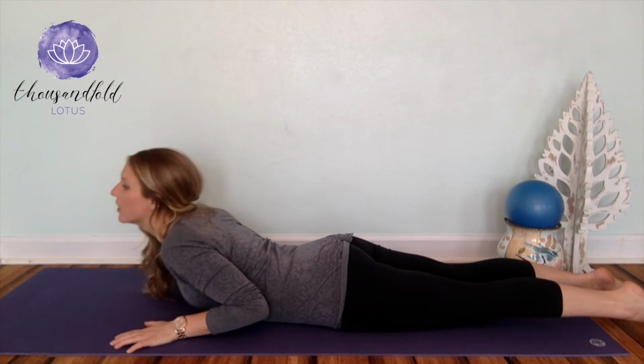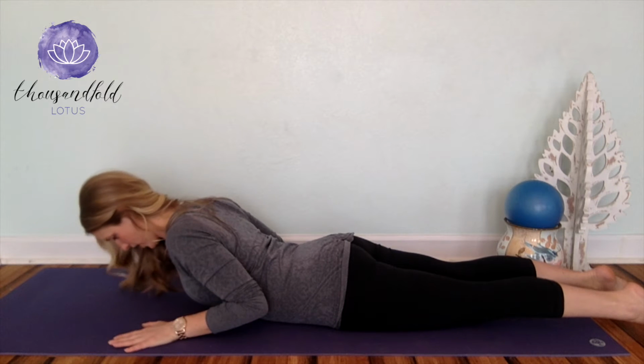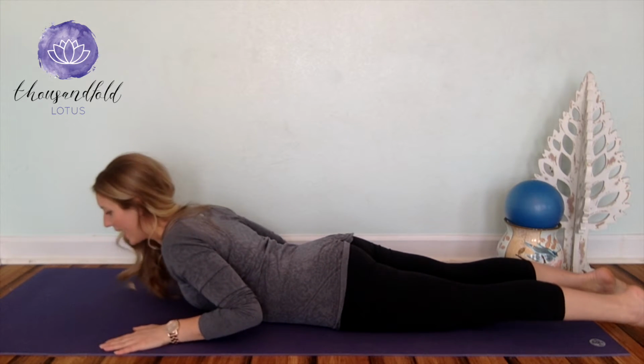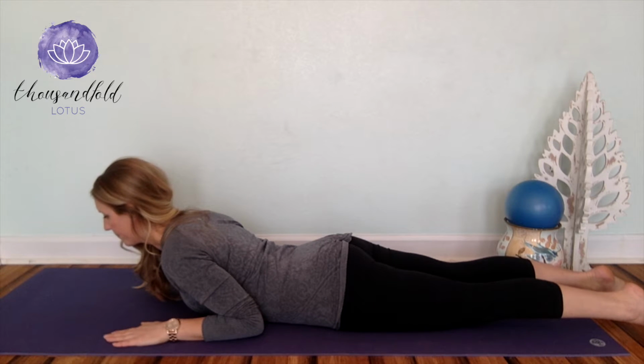Now, if I didn't look up like that, I may find myself here. If I'm looking all the way at that wall, my neck is in too much extension. And if I'm looking straight down, my neck is going into too much flexion. So the happy place is right here. Those are just little tips on where to properly place the neck during our exercise. You can practice those laying on the floor, following along with the video, and then start to put them into effect with your own exercises. You'll find your neck is way more